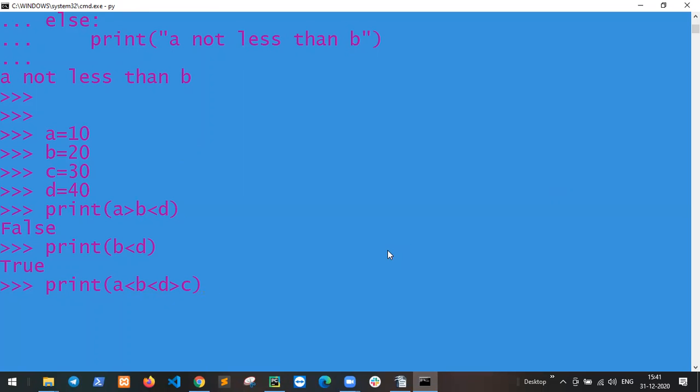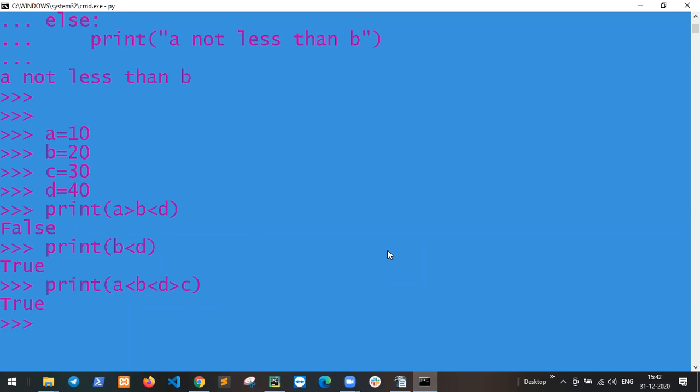True, sir. Okay. A less than B, result is true. B less than D, result is true. And D greater than C, result is true. So the result is true.